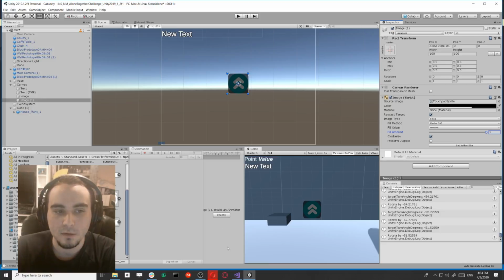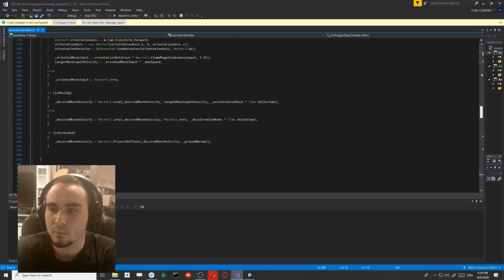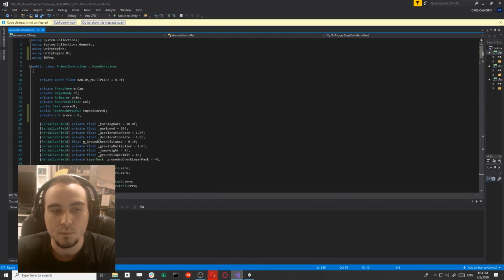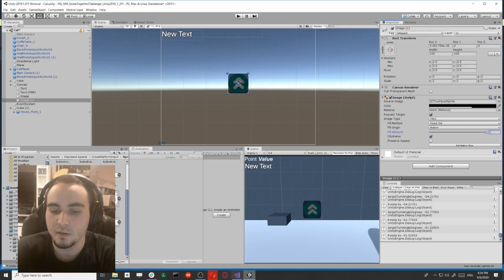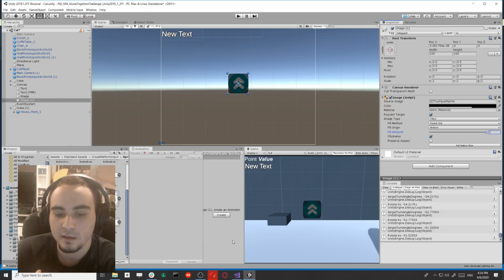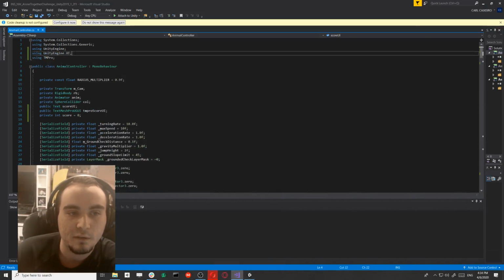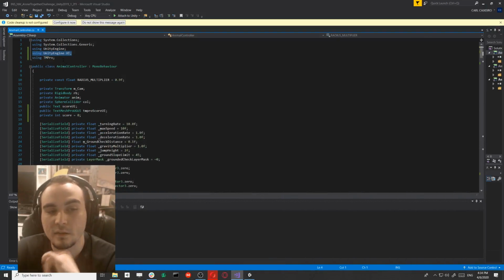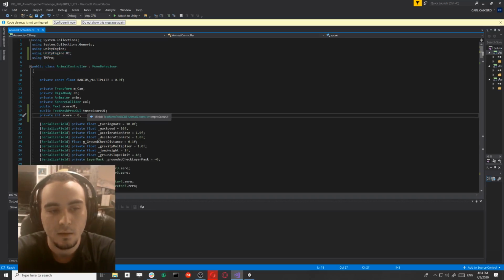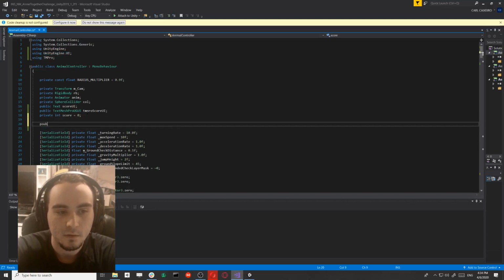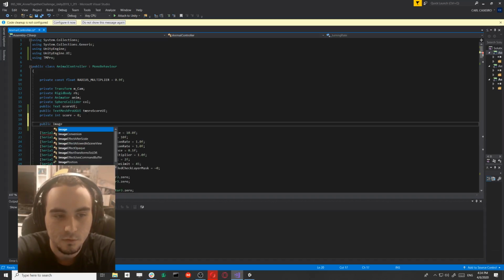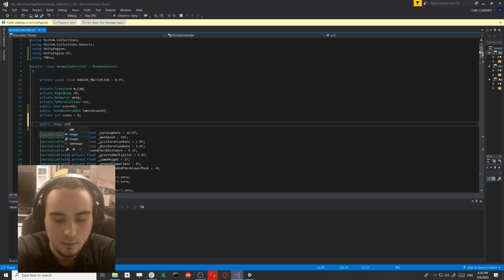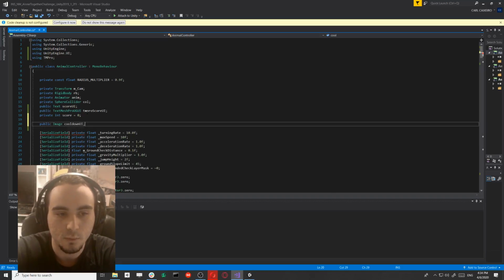This is a sprite's image. So as I said before, if you forget what it's called, what you have to put here, it's just this right here. And same as the text, in order to use the image, because it's also a UI element, you have to make sure UnityEngine.UI is at the top. Otherwise, you can't use Image. So if I make a public Image cooldownUI,